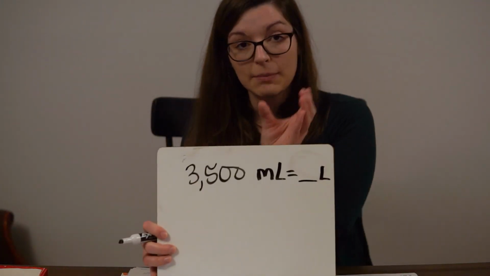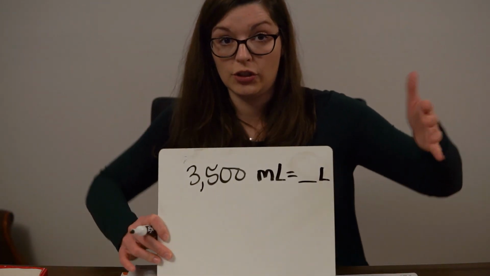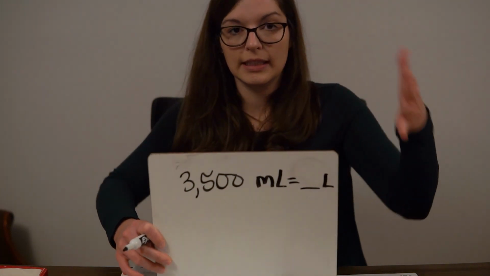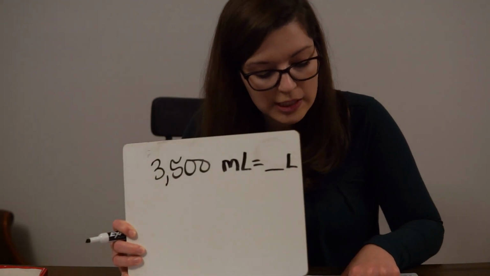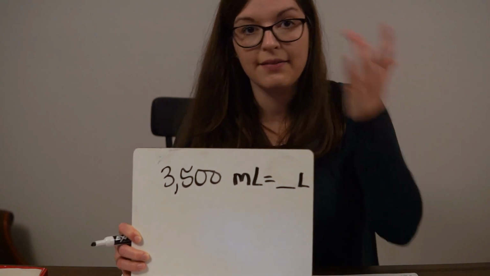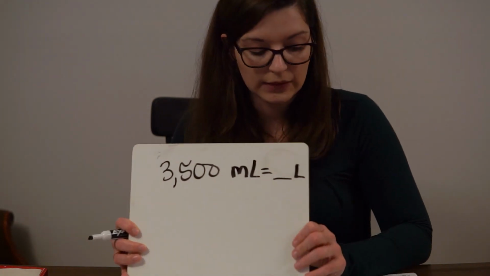Okay, letter C. George has 3,500 milliliters of water. How many liters is this? So he has 3,500 milliliters equals blank liters. Okay, he's going from a smaller unit to a larger unit. Milliliters to liters. They say there to change a smaller unit to a larger unit, divide. This is what you did all last week in the past 4 lessons. So